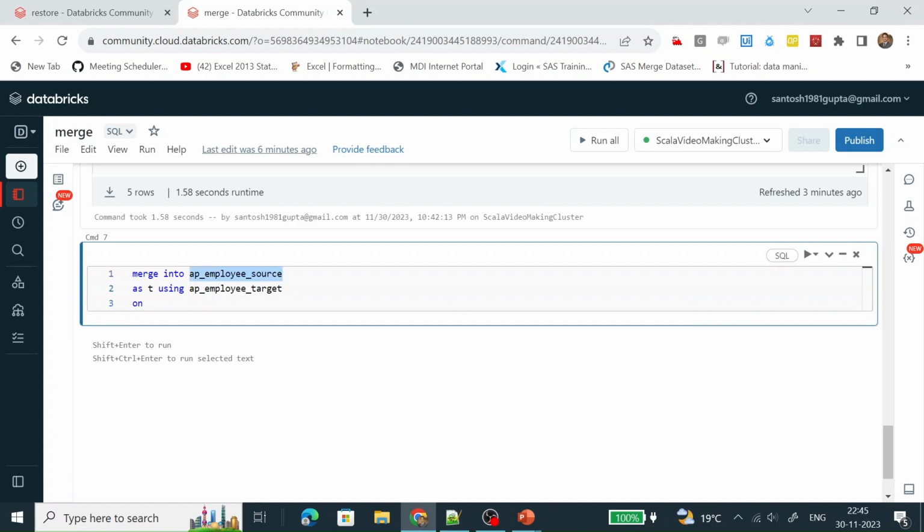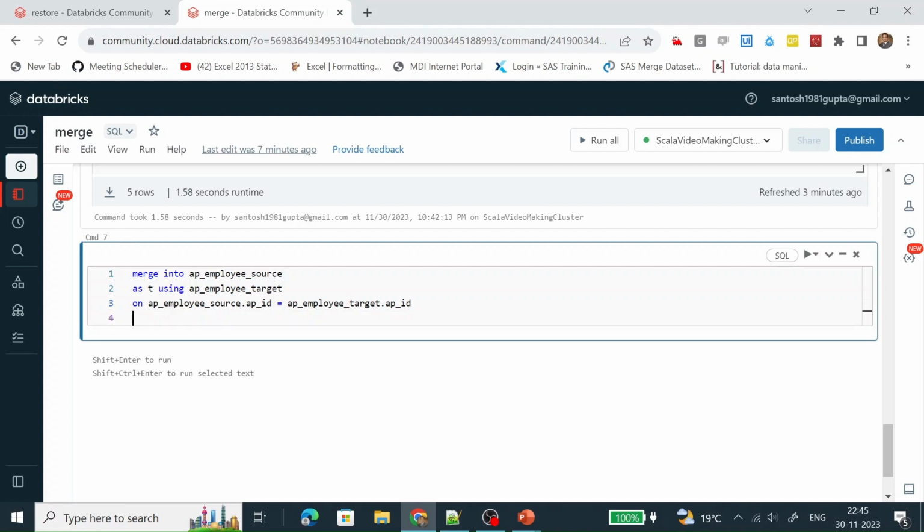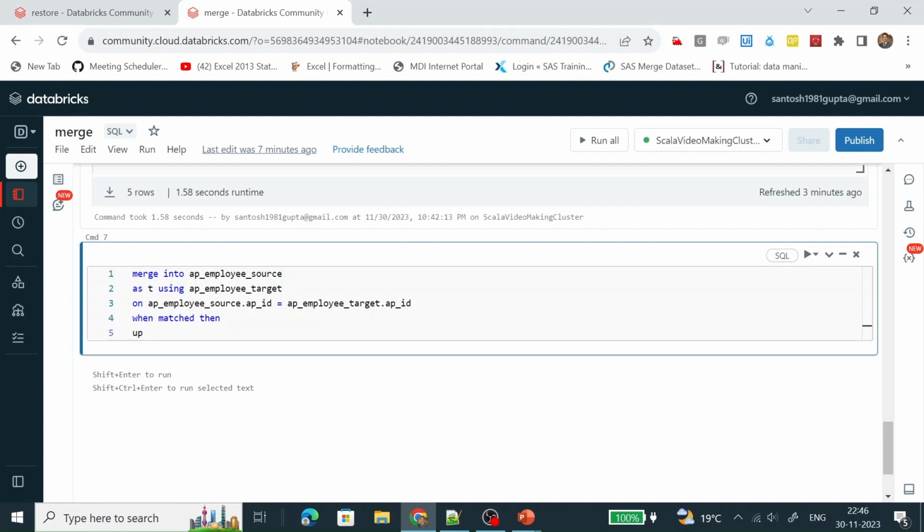AP source dot AP ID equal to target dot AP ID. When matched, then update set.